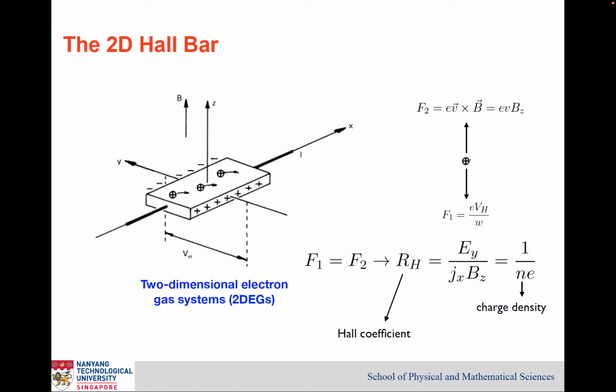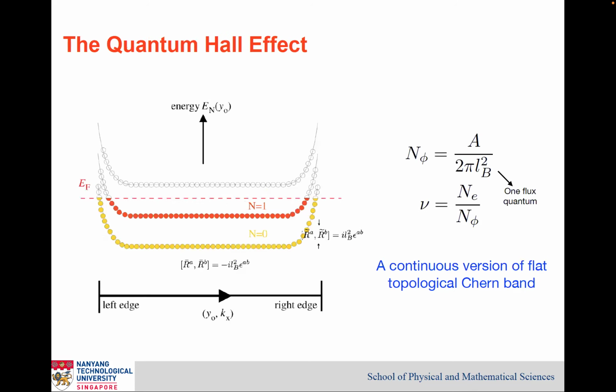Okay, so we all know the quantum Hall effect is realized by applying a strong magnetic field perpendicular to the electron gas system. I don't need to talk too much about it. So the single particle Hamiltonian can be solved analytically to form these flat bands called the Landau levels. Right? The Landau levels are dispersionless because there's only one length scale, and also have uniform Berry curvature, uniform quantum geometry tensor. So it's a very simple continuous version of flat band,